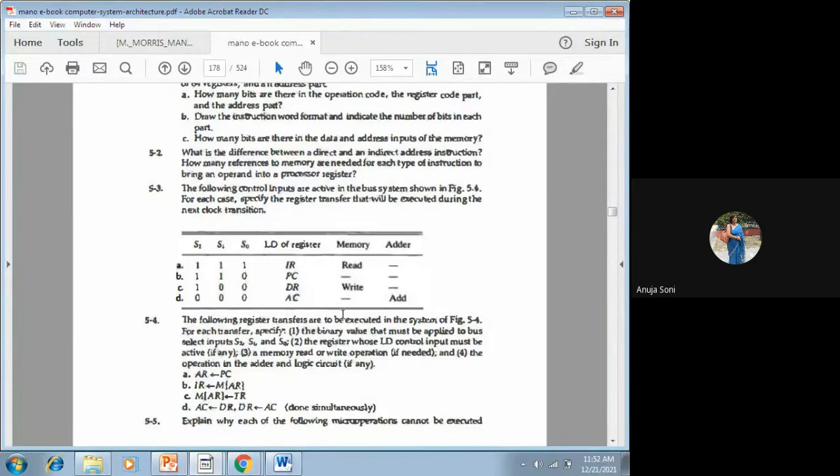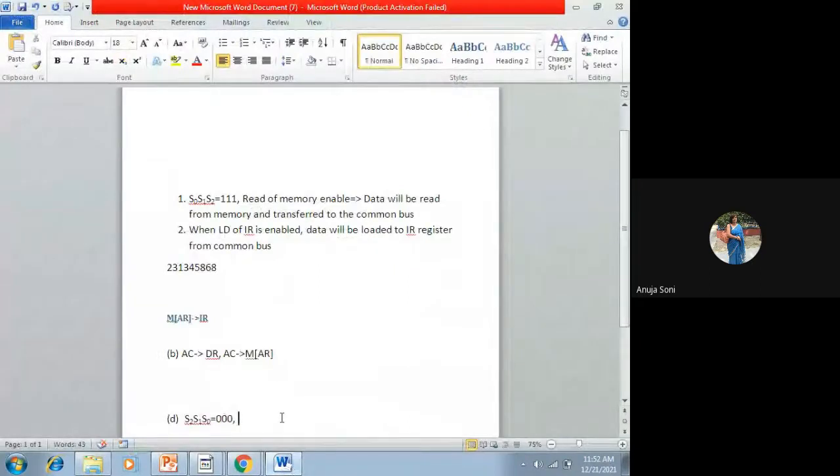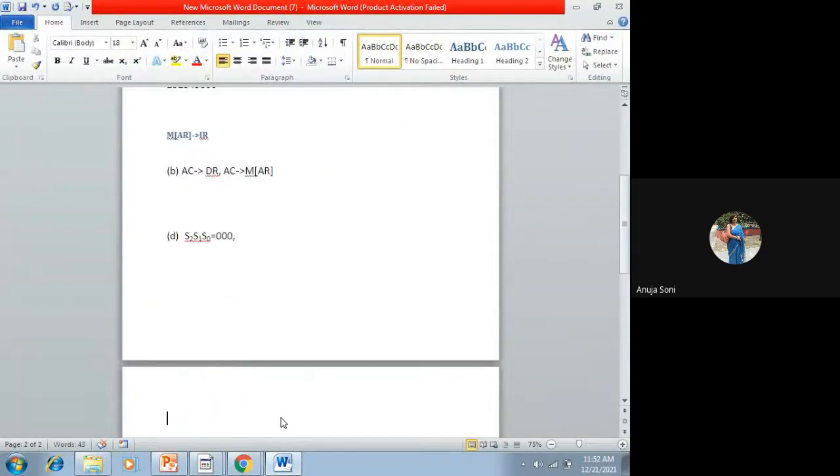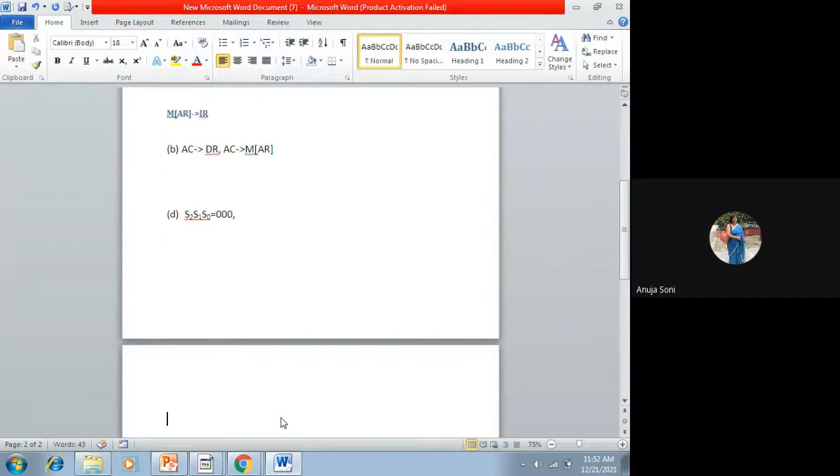And no description of any input register is given here, but it is well understood, it is implied, that either the DR register or input register will store one operand, and the accumulator register will store the other operand. So what will happen ultimately, addition will take place, addition of DR